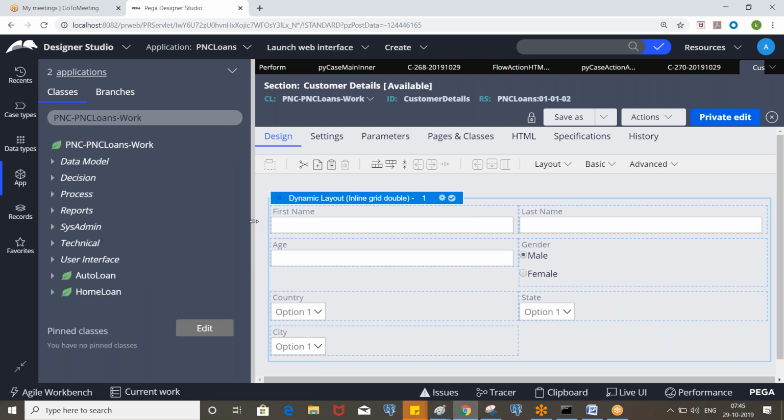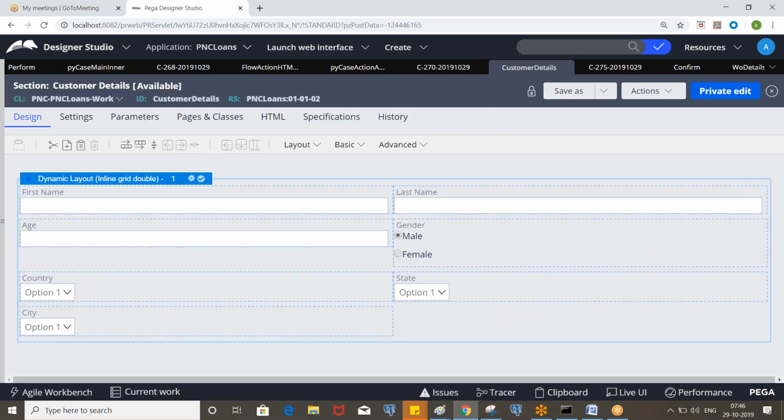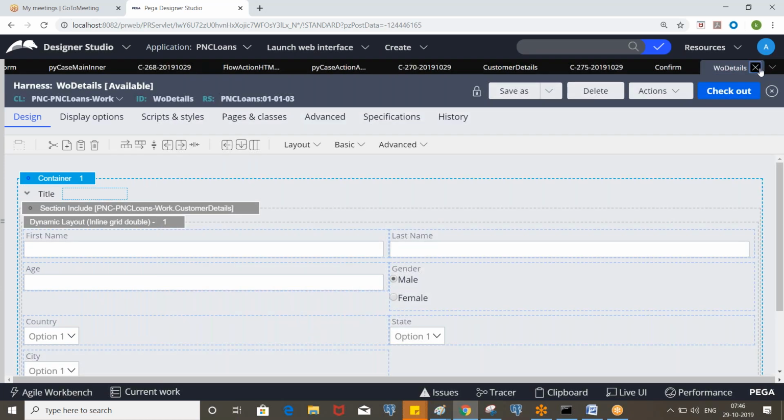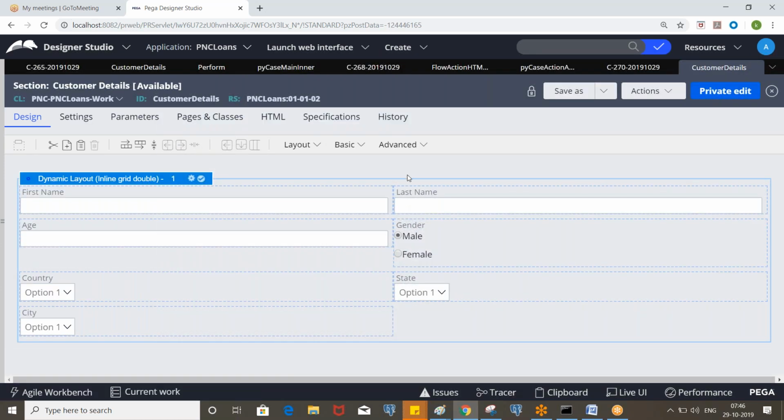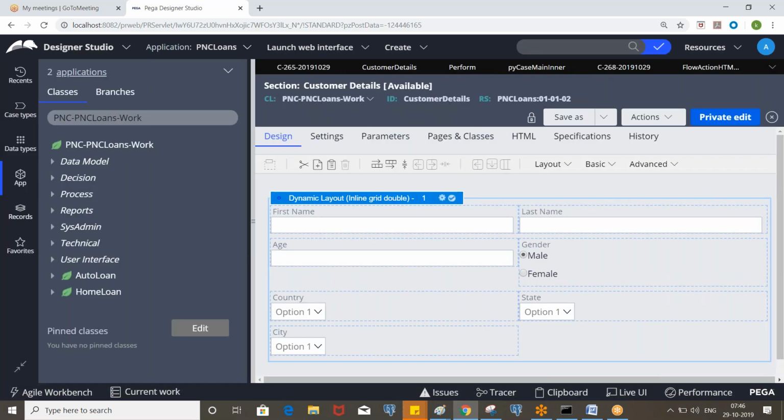Any questions so far? So these are about harness. Mostly these are user interface rules, so we just customize based on the requirement. We need to identify the rules through live UI, and we customize those rules by saving into our class, and those will be invoked. We have a harness in the Work- class and in our class, so our class will have more priority. Similarly, we have rule sets in the OOTB rule sets and in our rule set, so our rule sets will have more priority.